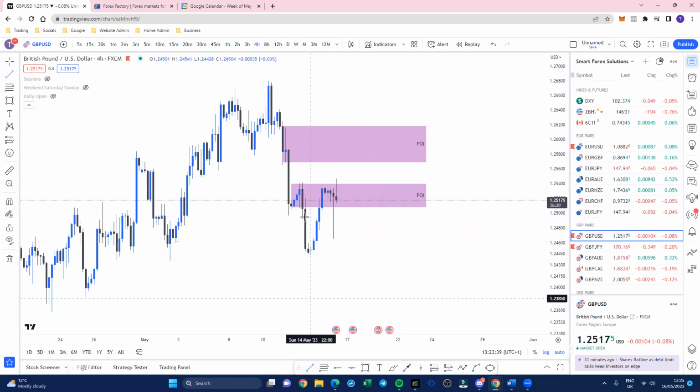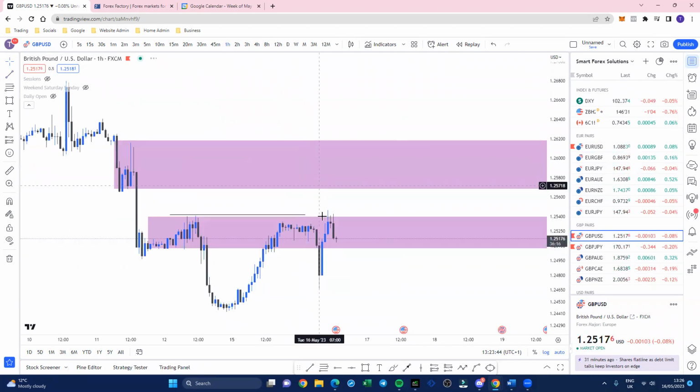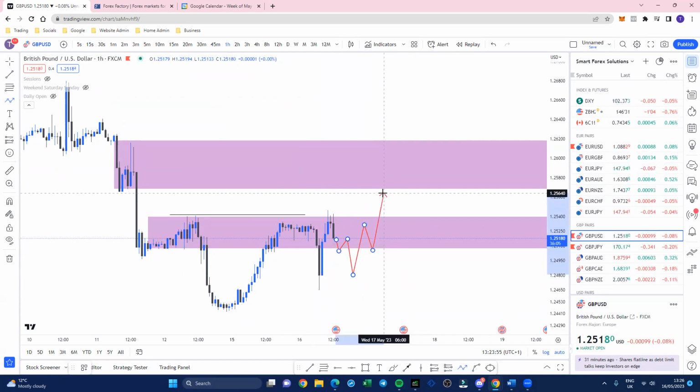It seems to be taking a lot of liquidity at the moment. So maybe we've pushed above this high here, and actually maybe we're going to come a little bit lower. Quite similar to EU, we need to really wait and see what happens in this structure here. If we do seem to be accumulating here, then I'd be looking to target this area here. So I'd be happy to buy in here, to be honest, based on what the 1 hour is doing, because